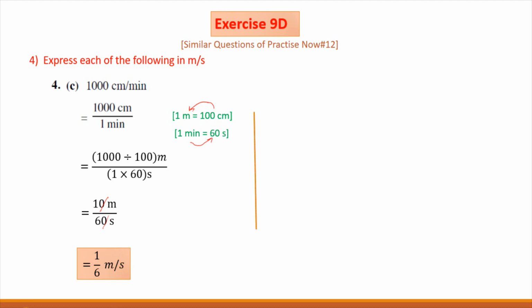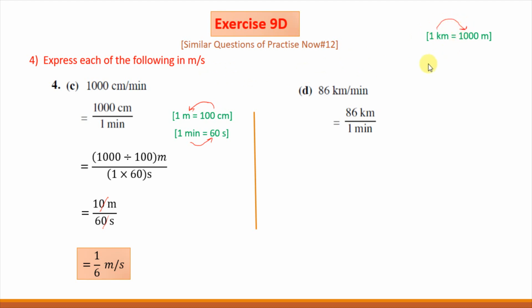Now we do the next part. In part D, the given value is 86 and it's in kilometer per minute. We have to change it into meter per second. We change the kilometers into meters, and we will change the minutes into seconds. First of all we will write it in fraction. Then as you know that in 1 kilometer there are 1000 meters, so when you convert the kilometers into meters, you are going from bigger to smaller.